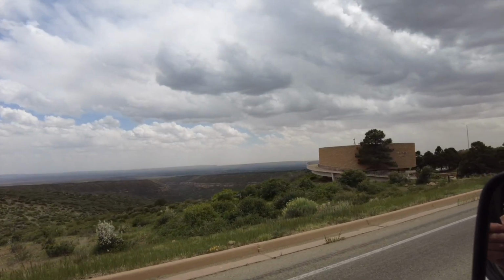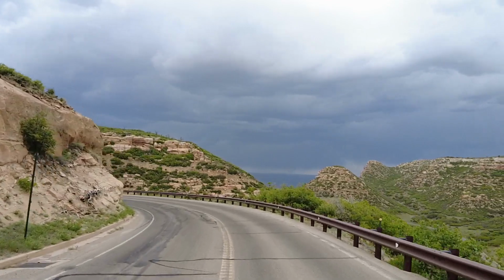Not to be too anticlimactic, but here were our thoughts as we left Mesa Verde. So everybody's into these unpopular opinions. What's your unpopular opinion? My unpopular opinion is that Mesa Verde was a bit of a letdown. Like, I get the craftsmanship and a lot of work went into it. It just was very far away. And I think if you paid extra to go into them, then it might have felt more worth it. But I'm glad that we did Mesa Verde first and then Arches and this Canyonlands National Park,